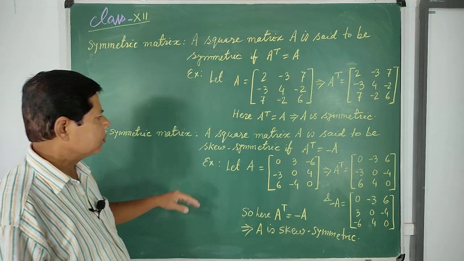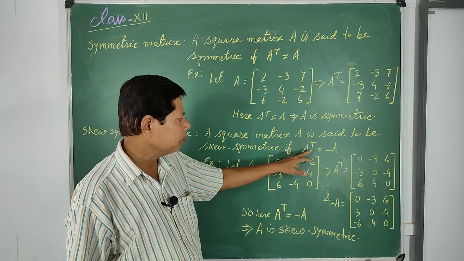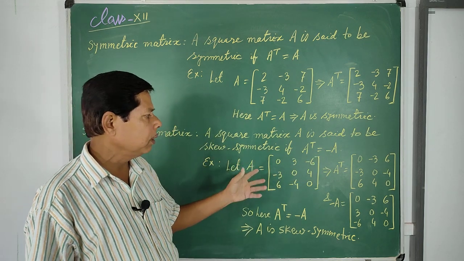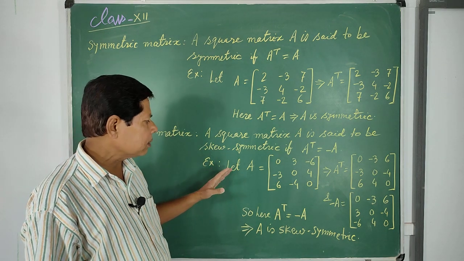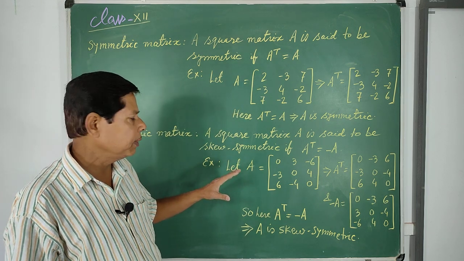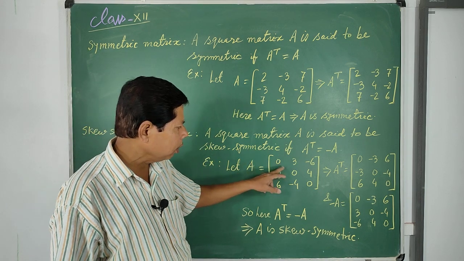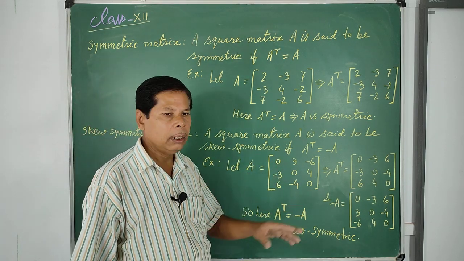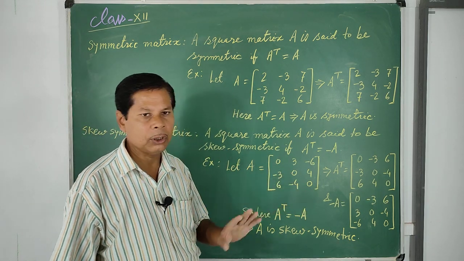Now skew symmetric matrix. Any square matrix A is said to be skew symmetric if the transpose of that matrix is equal to minus of the given matrix. So how shall we write such an example of a skew symmetric matrix? Again it is simple to write any skew symmetric matrix, which must be a square matrix. So let A be equal to, first put all diagonal elements 0. If you put any non-zero element anywhere here, that must not be skew symmetric. Remember it. So diagonal elements must be 0.